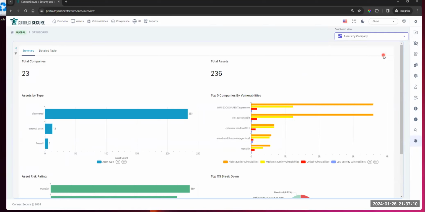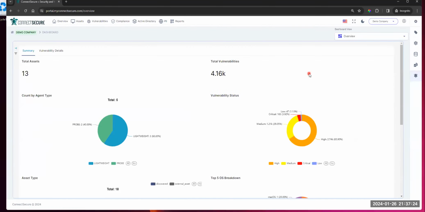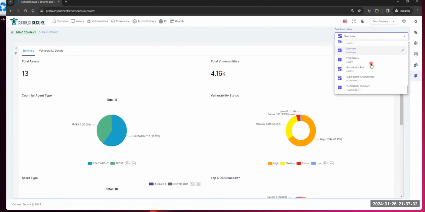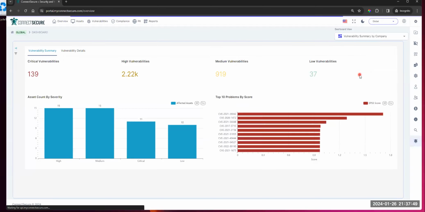Now, what's also nice about the dashboard is when you're looking at this data, if you wanted to switch down to a single customer, you do have the ability to come into the switcher here and pick a company, and that dashboard will update with the company data alone. So you're not looking at everything. And keep in mind, when you're in the company view, the dashboard will contain different dashboards. Just like in V3, you're at the global view, there's different dashboards. When you're at the company view, you'll have another unique set of dashboards for the company data. But again, you can switch between that data either by customer or back up at that global level